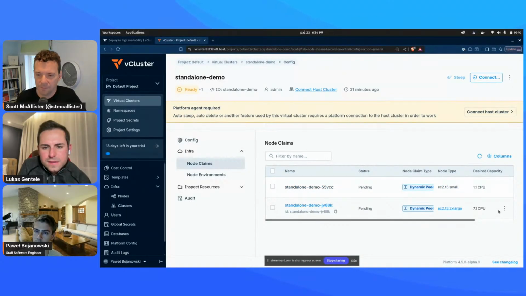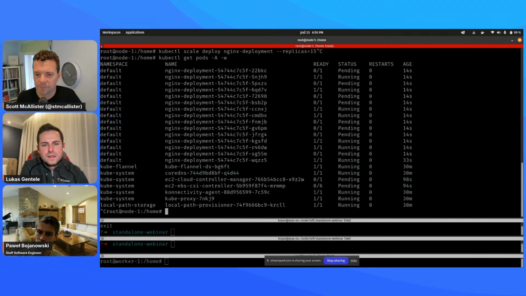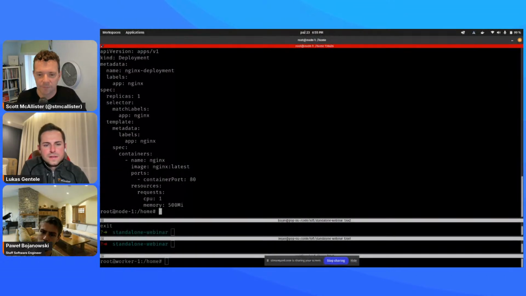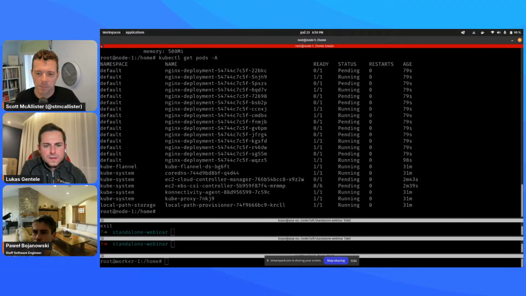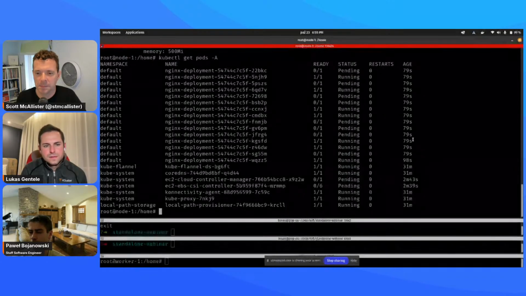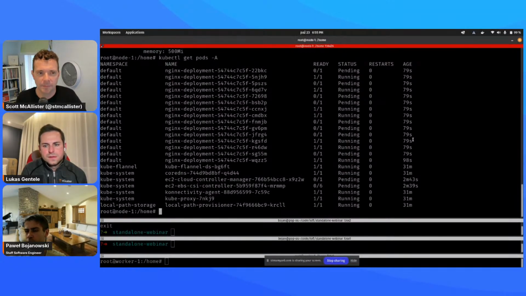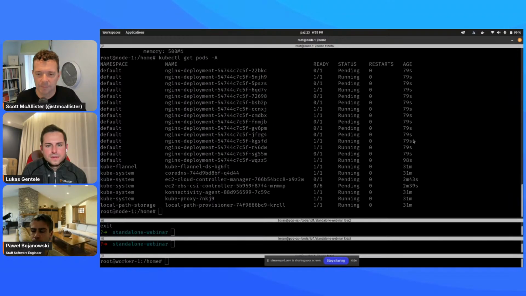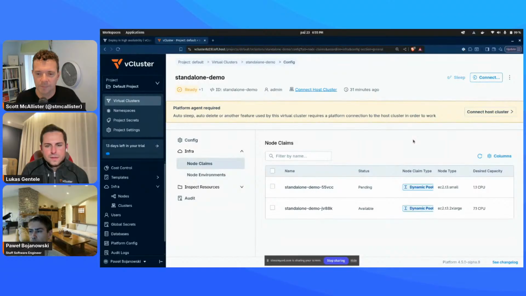Because what happens is that Karpenter took my manifest, saw what I'm requesting, then checked how many pods are pending, and it seems that there is a bunch of them. It did the calculation on how much capacity is needed and what will be the best option in terms of the cost. Like what would be optimal instance type to host